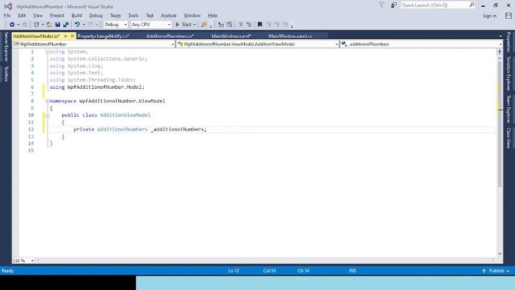Yeah. Now initialize the same into your constructor of view model. So your constructor is public, view model name is AdditionViewModel. In that